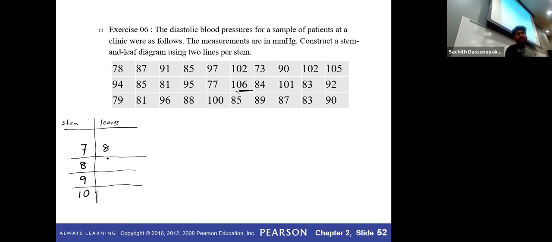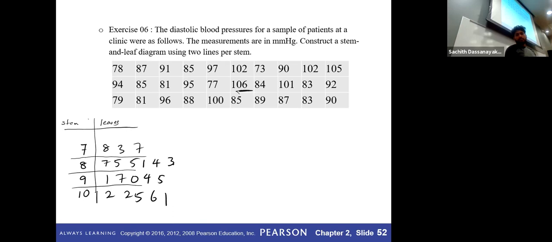Okay, so 87, 87, 91, 85, 97, 102, 73, 90, 102, 102, 105, 94, 85, 81, 95, 77, 106, 84,